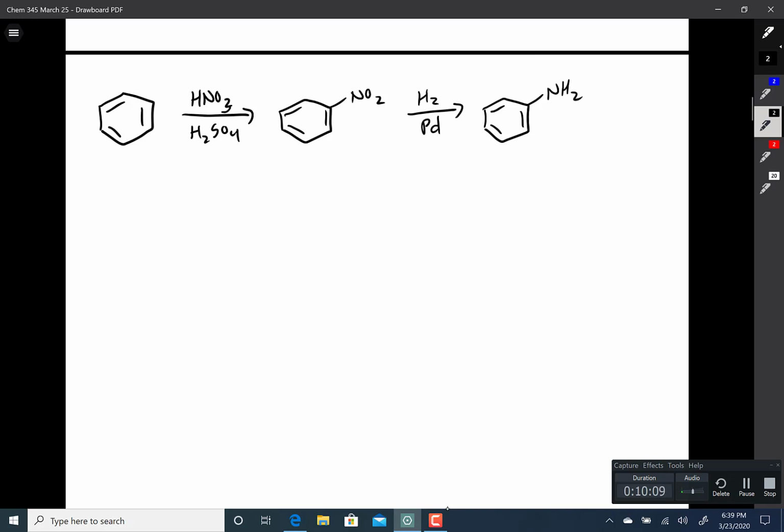And then 2 steps later, we can convert this amine to a vast majority of things. Such as, well, one such reaction, it's a very important step,